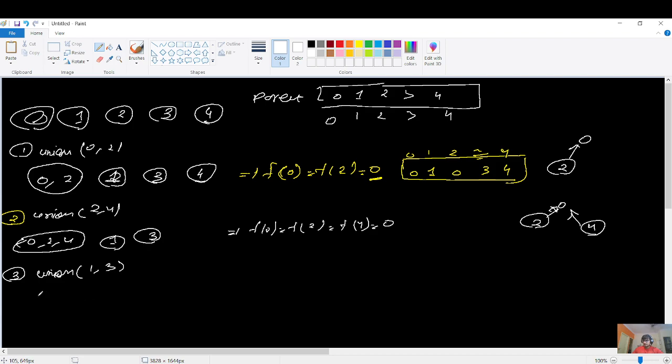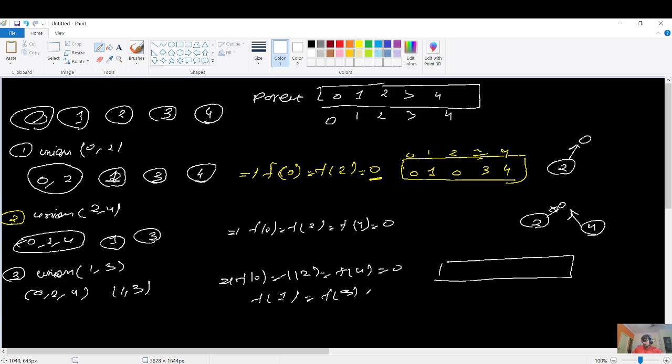So let's say union of 1 and 3, and it will say that 0, 2 and 4 will be in one group and 1 and 3 will be one group, and now I can say that f of 0 is equal to f of 2 is equal to f of 4. Let's say it's pointing to 0, and now f of 1 will also be equal to f of 3. So now our array will look like, and let's say we point it as 1, so it will look like 0 1 0 1 0. So 0, 2 and 4 will have the same parent, or let's say representative, as 0, 0, 0, and 1 and 3 will have 1 and 1, right? So it will look like this. Yes, like this. So this will be my structure of my disjoint set,